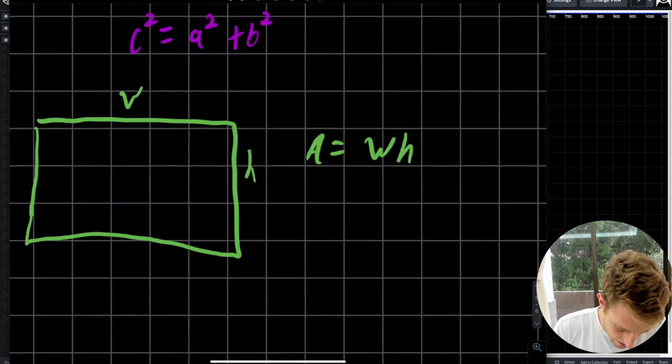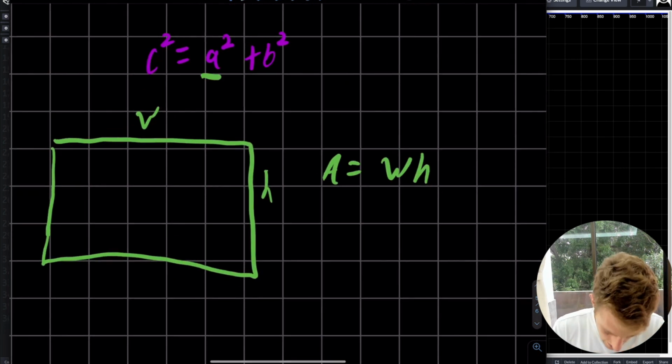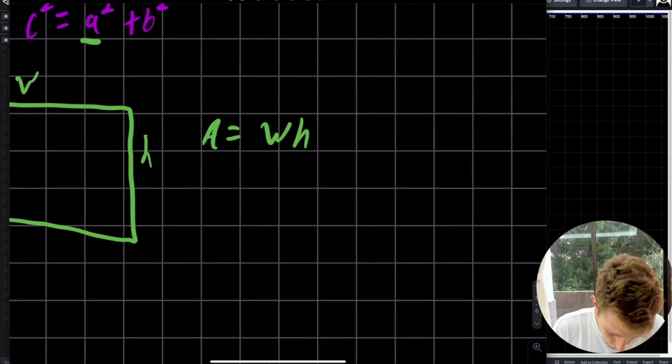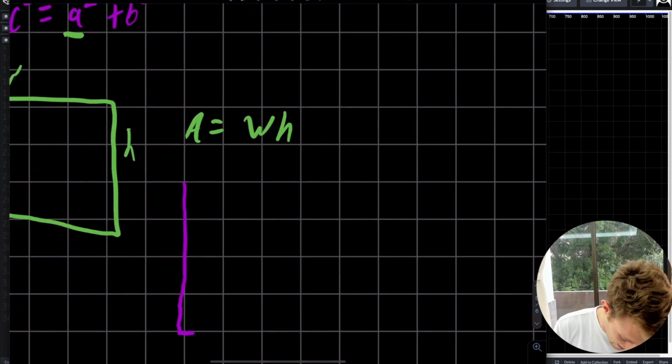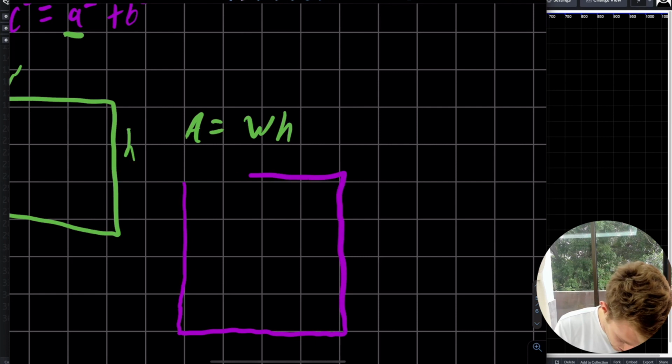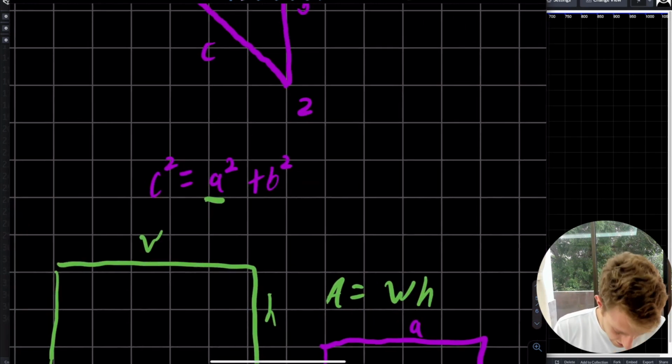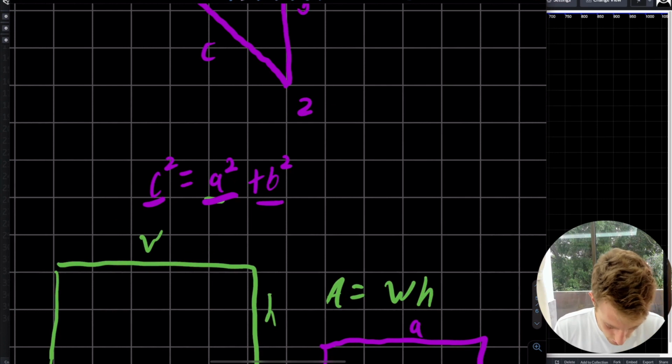Now, when we say A squared over here, we're simply saying we're going to make a square whose length and width are the same. So that's A, and now our area is equal to A squared. So what we're really saying when we say c squared is equal to a squared plus b squared, we're saying